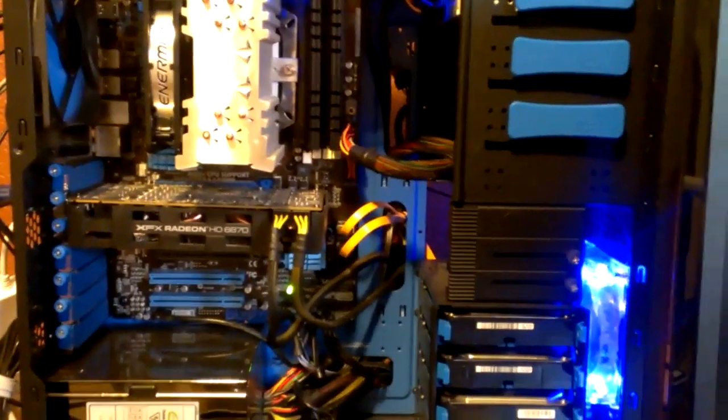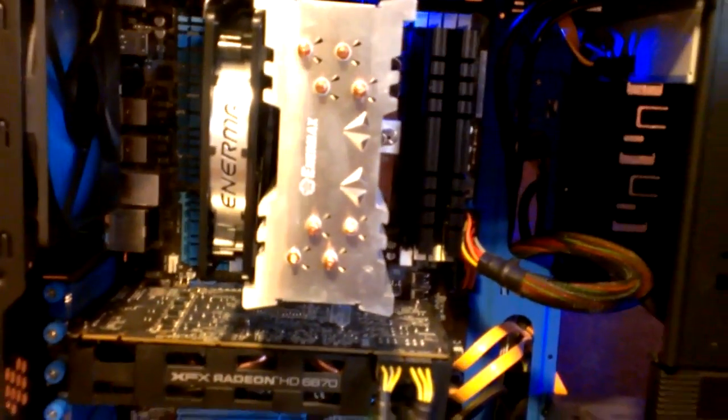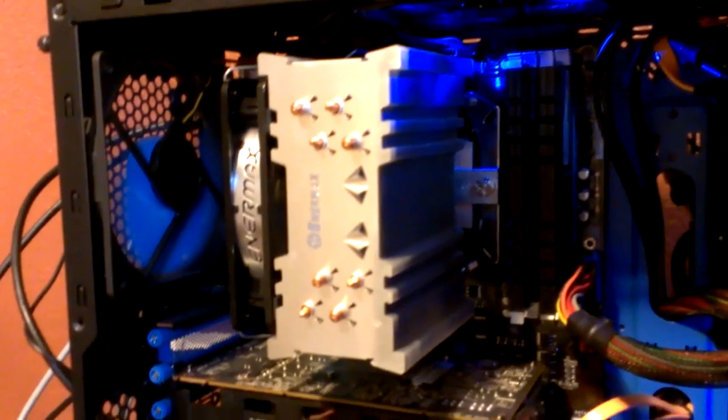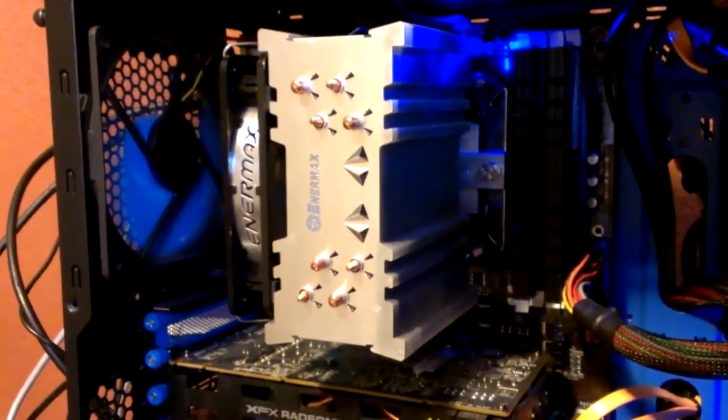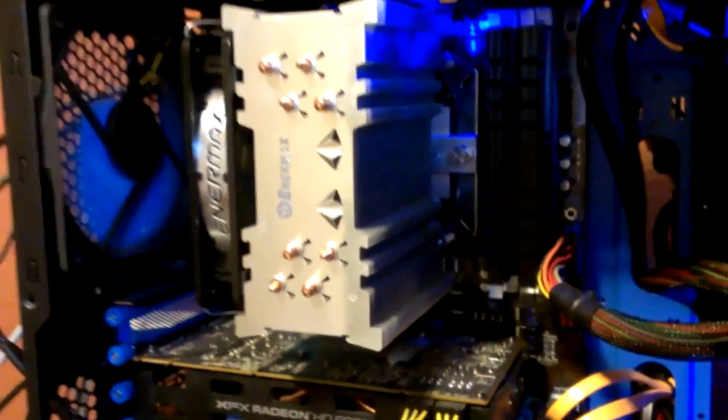This is my 8350 running on air right now. I'm getting ready to do some water, but this air right here keeps it really cool, and I'm running this thing at 5 gigahertz right now with the single fan on a